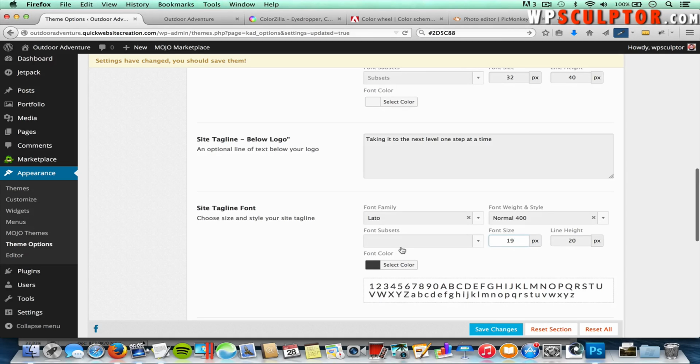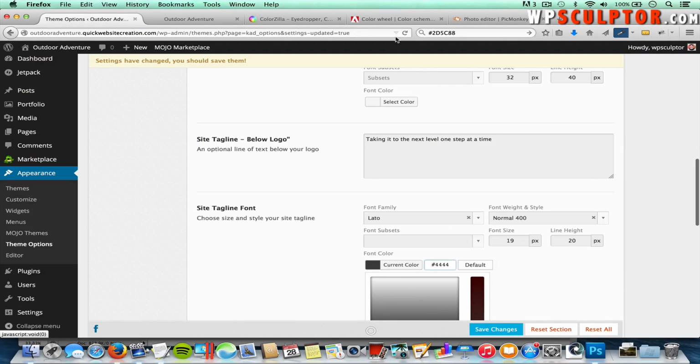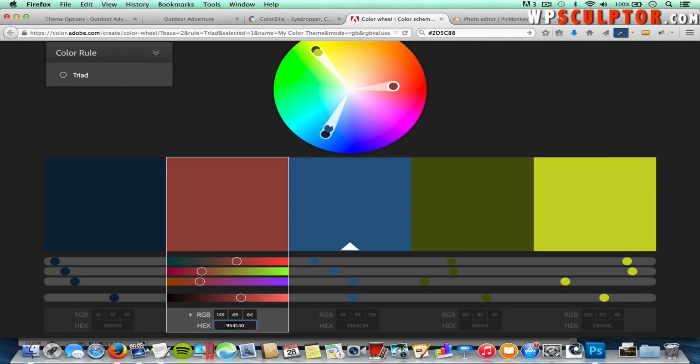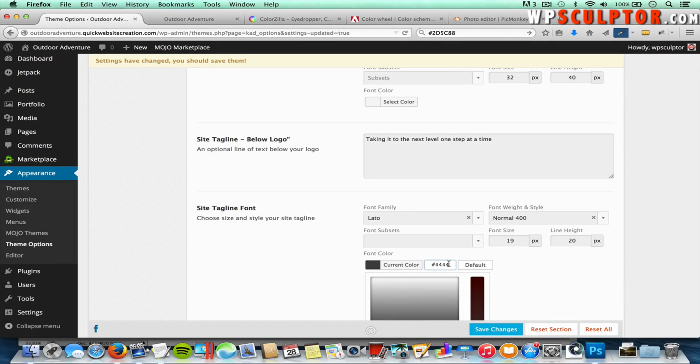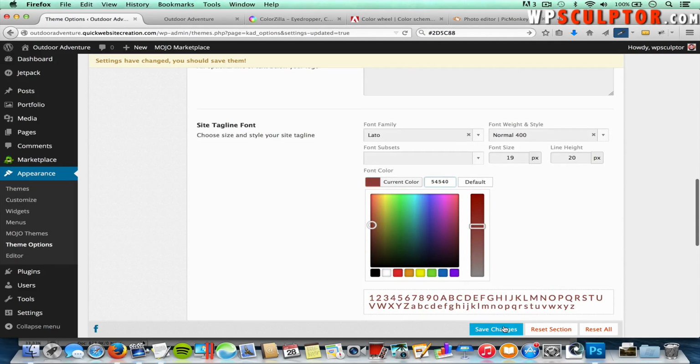And then I'm going to change the font color and make it the same color as our logo by clicking on select color here. And then I'm going to go back to the color wheel and copy the hex code for our red, and then go back to the back end and select the current hex code. Make sure you get all of it and delete, and we've got 2 more characters we need to delete there. Delete all of the characters and then paste the red hex code in, making sure you get all 6 digits, and then scroll down, and we're going to click on Save Changes,